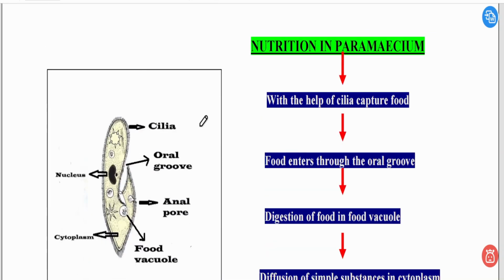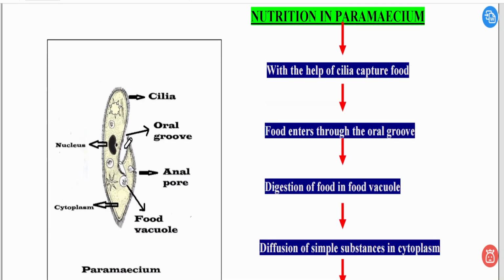तो अभी पैरामीशियम में क्या होगा? इसका एक ऑर्गन है जिसे हम बोलेंगे ऑरल ग्रूव। हमारे केस में आप देख लीजिए, माउथ को हम ऑरल या बकल कैविटी भी बोल सकते हैं। इसका माउथ ये ऑरल ग्रूव है। और यहाँ आप एनल पोर भी देख सकते हैं, जो अनडाइजेस्टेड फूड मटेरियल बाहर निकालने में हेल्प करेगा।